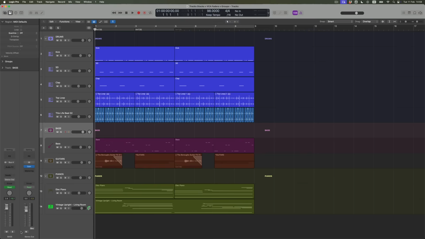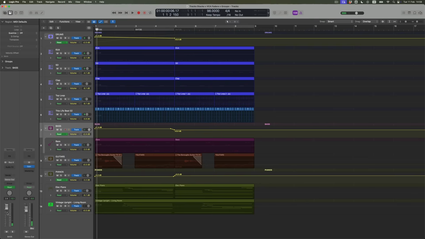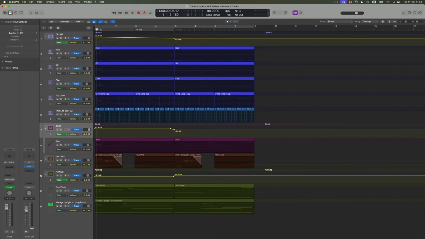But the only problem is that I can't just turn that fader down by 2 decibels now. If I do that, okay, that's an easy bit of maths, that's going to leave me at 0.4. The moment I press play, it's going to jump back up to 2.4 because of course the automation is controlling that. So I've either got to go through and change the automation data for the bass and for the pianos,